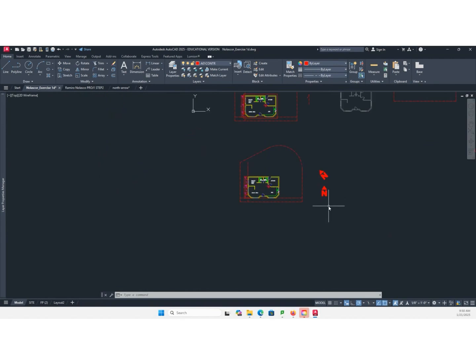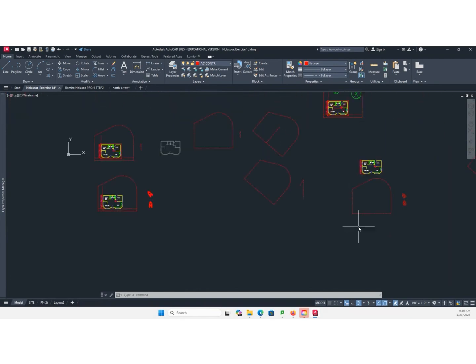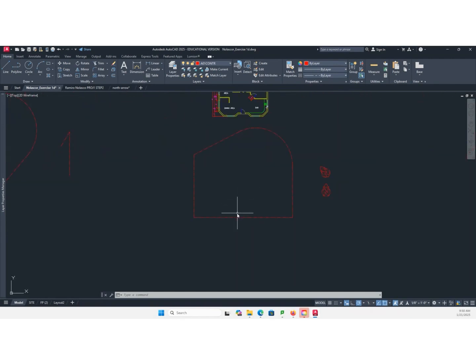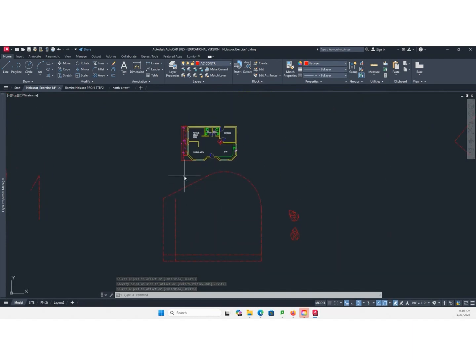The setback in this scenario is 5 feet from the road. So offset by 5 feet. And then from this side, 10 feet. So offset that by 10 feet. So that's the limitation.